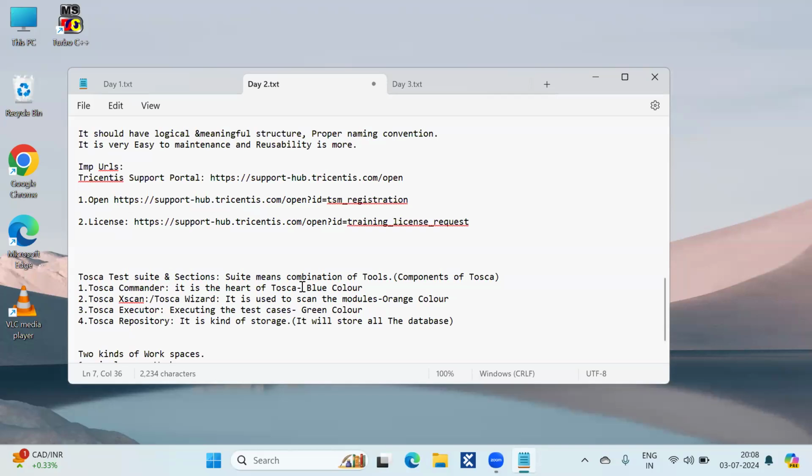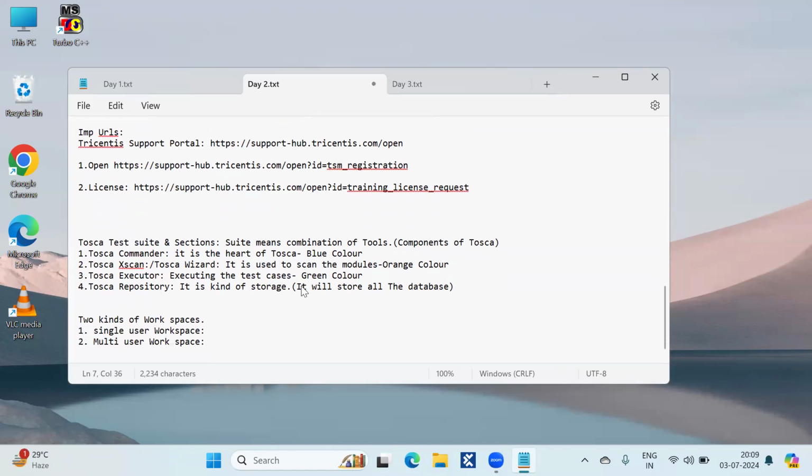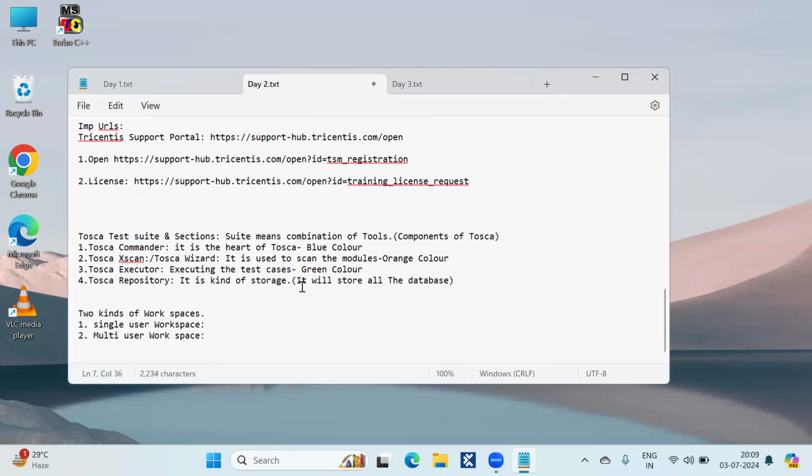Tosca Xscan is used to scan the modules. Executor is a place where we are executing the test cases. And Tosca Repository is a kind of storage where all the workspaces and database will be stored. And that's it up to the components of Tosca.